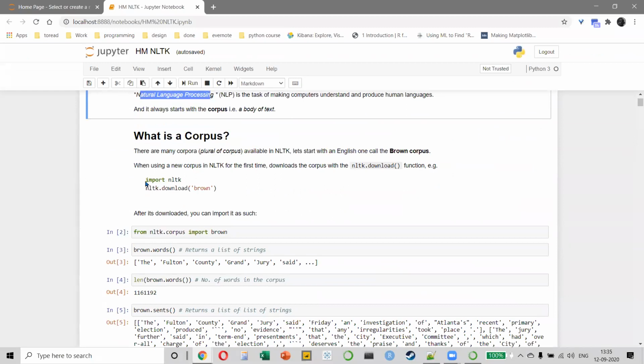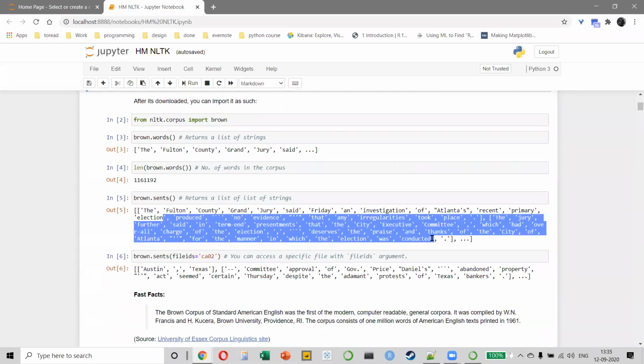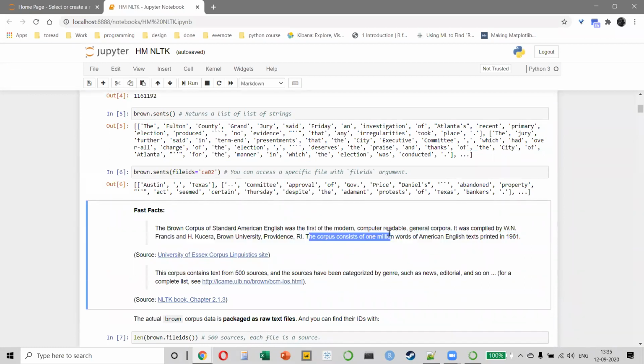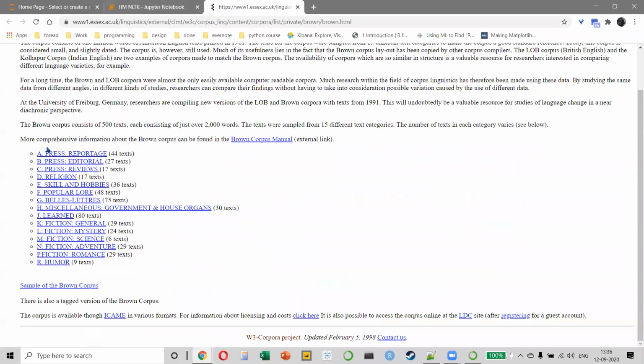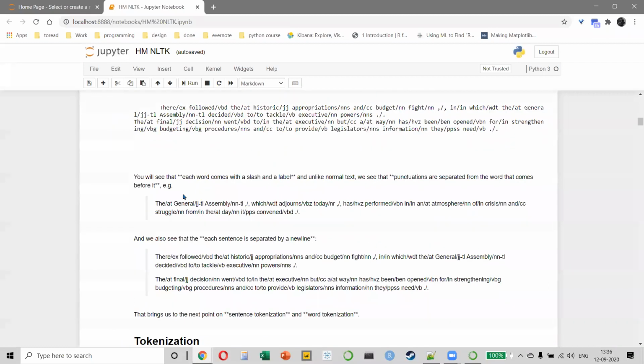The first thing is you are importing a library called NLTK, which is a natural language engine. From the NLTK corpus, you're importing Brown. What is this? This is what is called a corpora. So a corpora basically is a text which has already been given to you. So do you see this entire text that you see here? What is this? Where is it coming from? This is basically 1 million words or 10 lakh words of American English printed in 1961. Where do you find this? So if you go to the website, it will show you where all this data is coming from, like this, right? So this is what is called a dictionary. So you're taking the entire dictionary like this. These are all the words available.